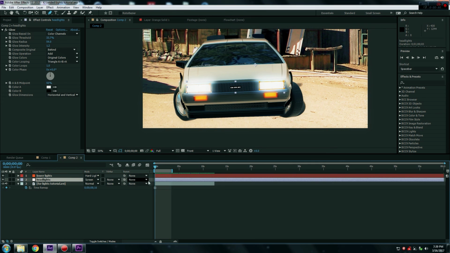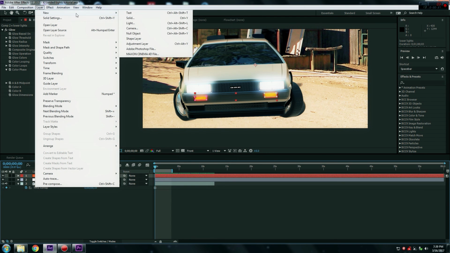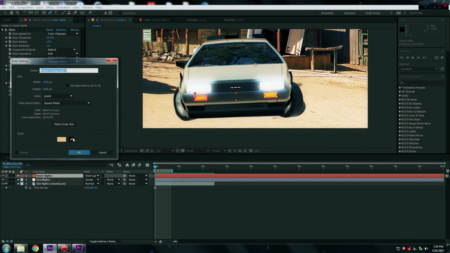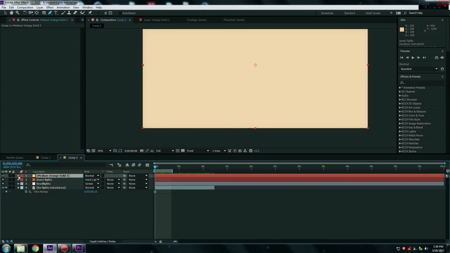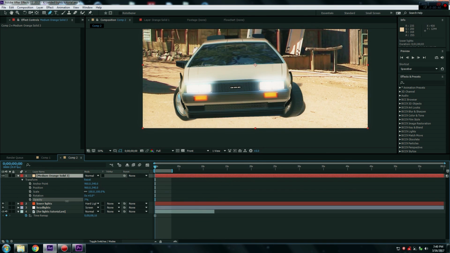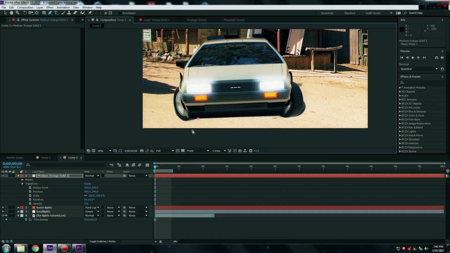You can also do it with a solid layer. Go new, solid, and take the color of the ground. As you can see, I've already done that. Then go back out, turn that all off, get your pen tool, and pen tool something like that, maybe something like this, roughly like that. Turn it back up,